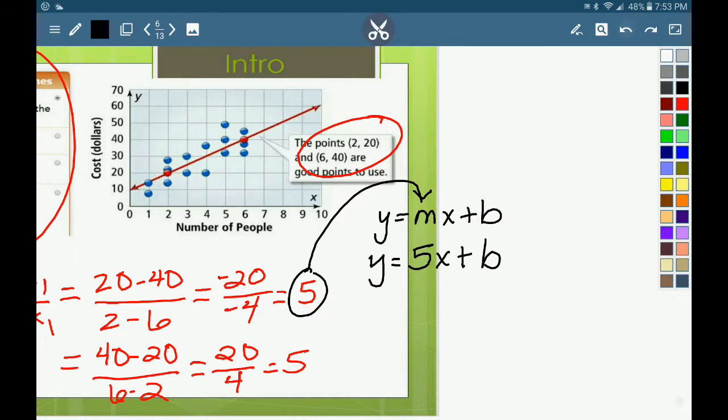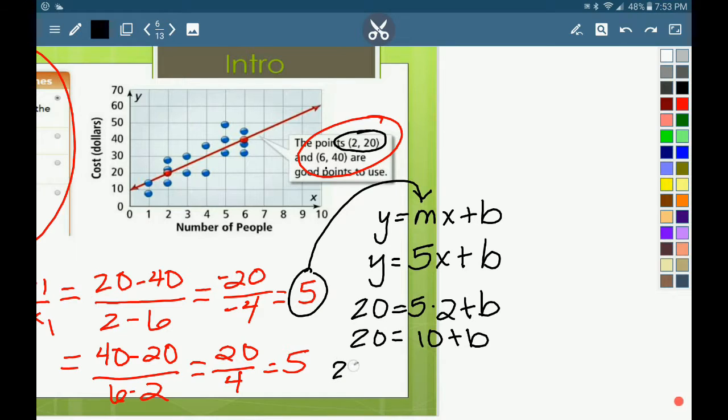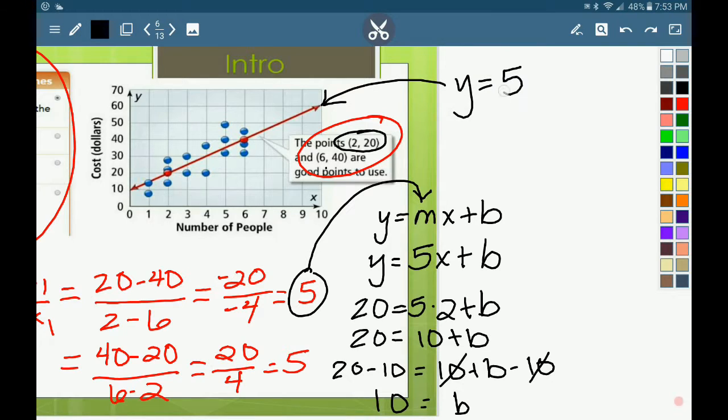Actually calculate it using one of the 2 points, either this one or this one, that you picked for your trend line. I'm just going to use the first one I see, that 2, 20. I plug in the 2 for x, I plug in the 20 for y. So I have 20 is equal to 5 times 2 plus b. 20 is equal to 10 plus b. And if I want to solve for b, I just need to subtract 10 from both sides. So I get that b is equal to 10. So the equation of this trend line is y equals 5x